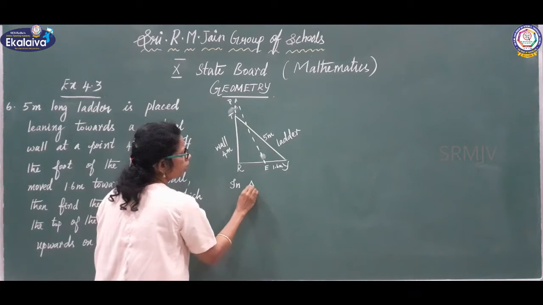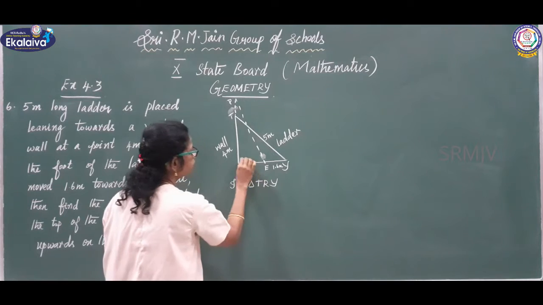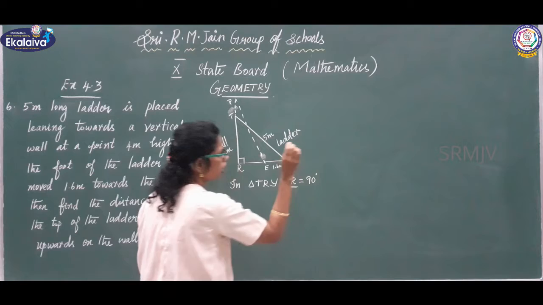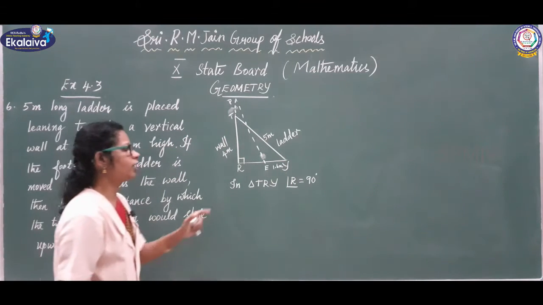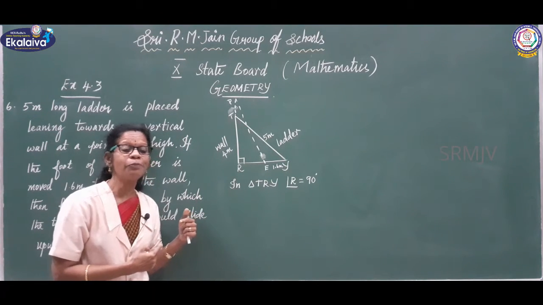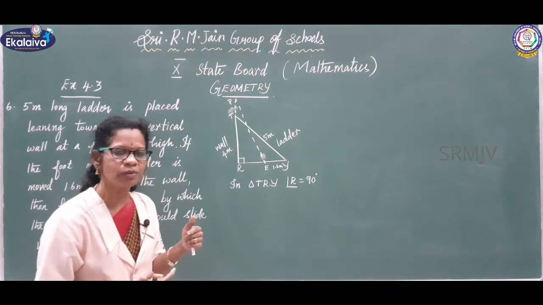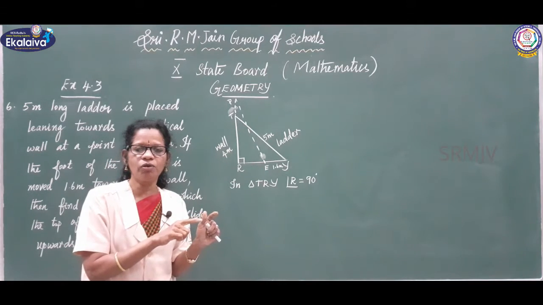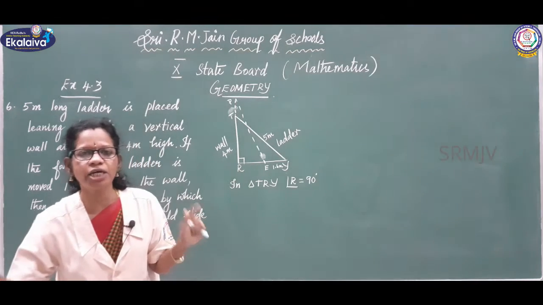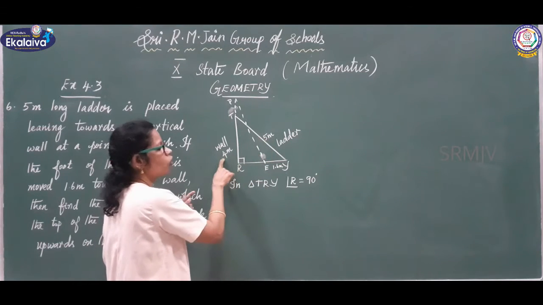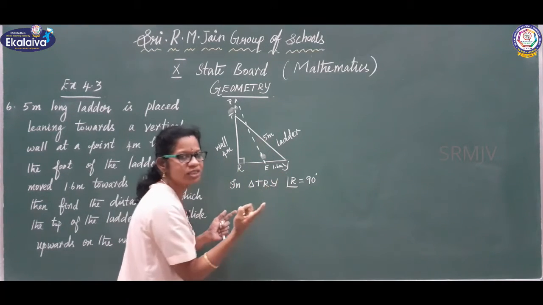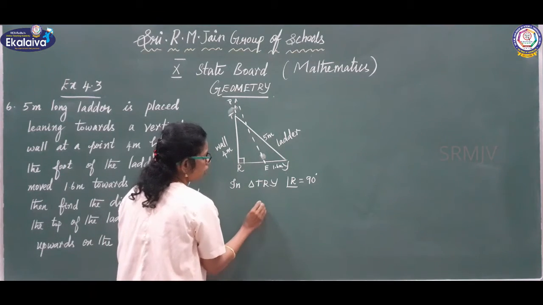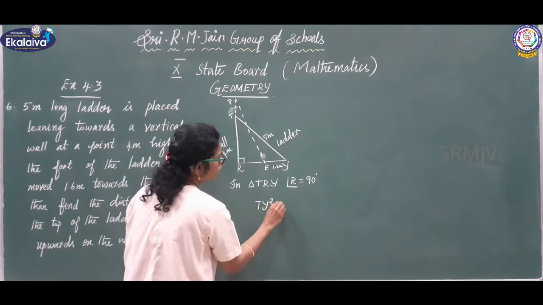In triangle TRY, angle R equal to 90 degree. Previous time I discussed the Pythagorean triplets. Pythagorean triplets means that it satisfies the Pythagorean concept. Hypotenuse square equal to sum of the squares of the other two sides, right? See, 5, 4 means the value of RY is 3 because 5, 4, 3. It's a Pythagorean triplet.